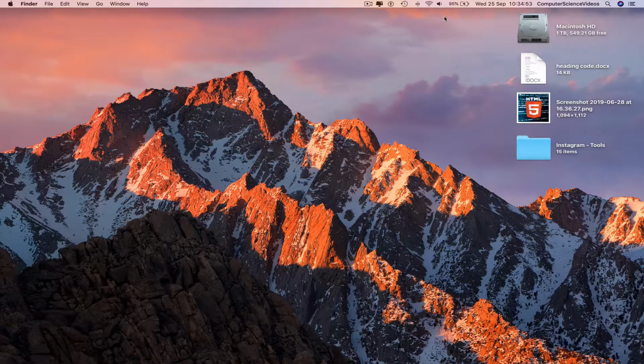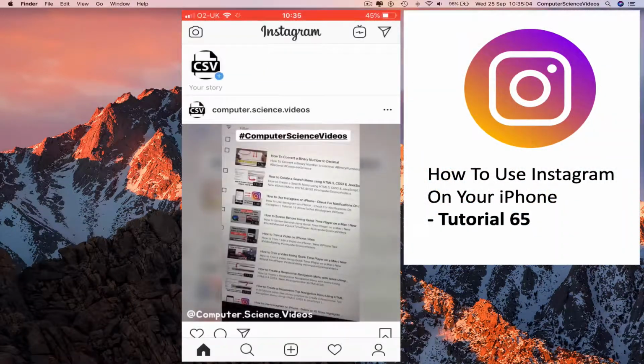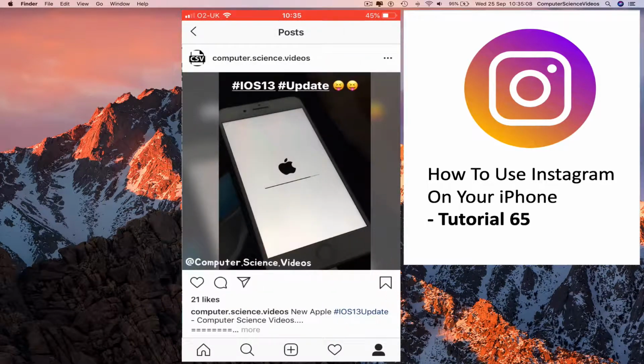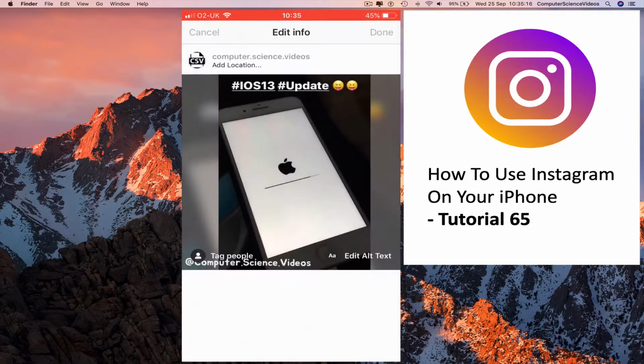So in this tutorial, you need to have access to the iPhone itself and the Instagram application. Now we can go all the way to the iPhone, go to Instagram, click on Instagram, make sure you sign into the account, go to your profile, and then go to a photo you have recently posted. Go to the right top corner of the photo where we see the three dots. Click on this, go to edit,